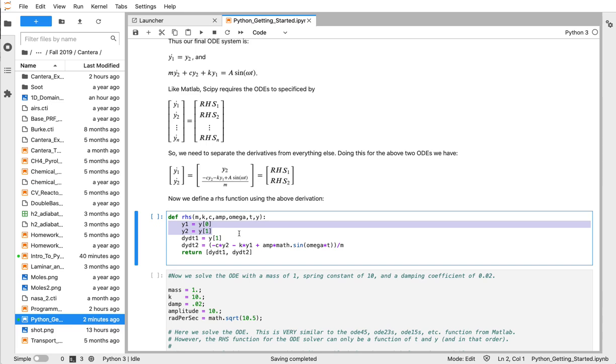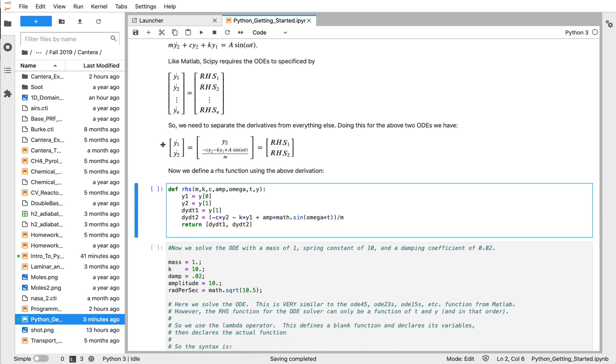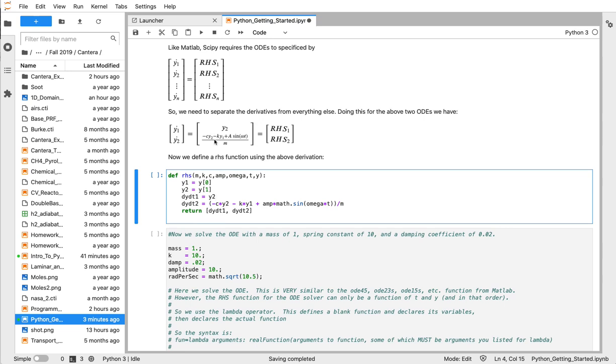So the first thing I like to do is grab the elements of y here, and then copy them over into what I've labeled them in the right hand side function, just so it is easier for me. Okay, and then I'm going to compute the right hand side. So dy dt for 1 is just equal to y2, and y2 is just y1. I should have just done it like this to be explicit. Okay, and then y2 dot is equal to this mess here, and I need the sine function, which is available in math,